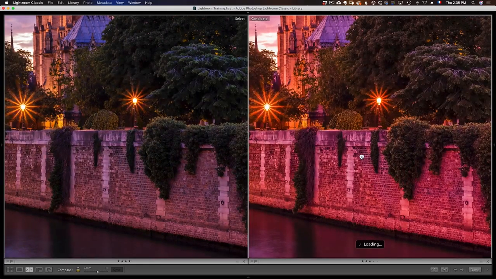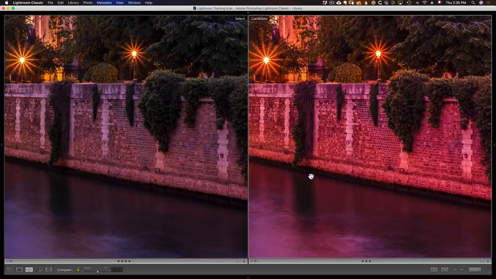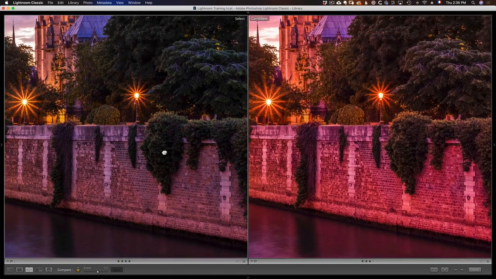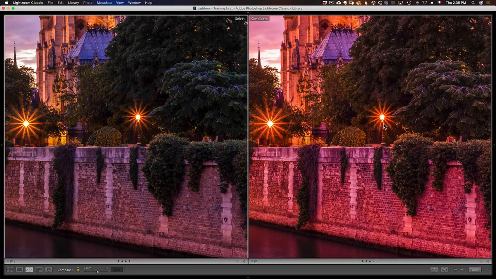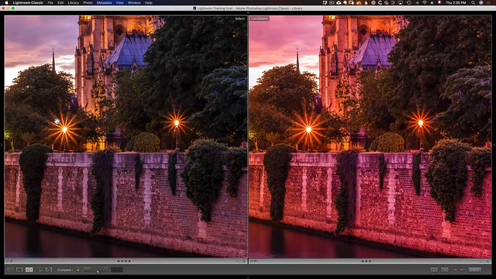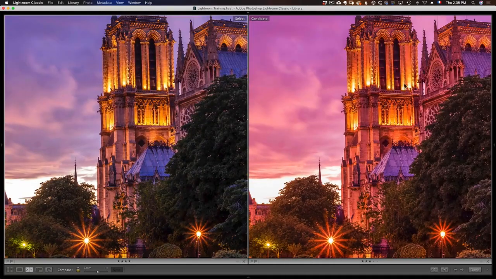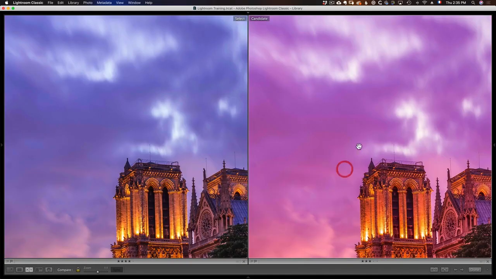Also, on this photo, you're not going to see it so much on the video, but I can tell there's more noise here than there is here. On the RAW file, it's a lot cleaner. Look at this, it's kind of weird around the lamps. We have a little more detail here around the lamps. This is a JPEG of very high quality, so you're not going to see much of a difference, except